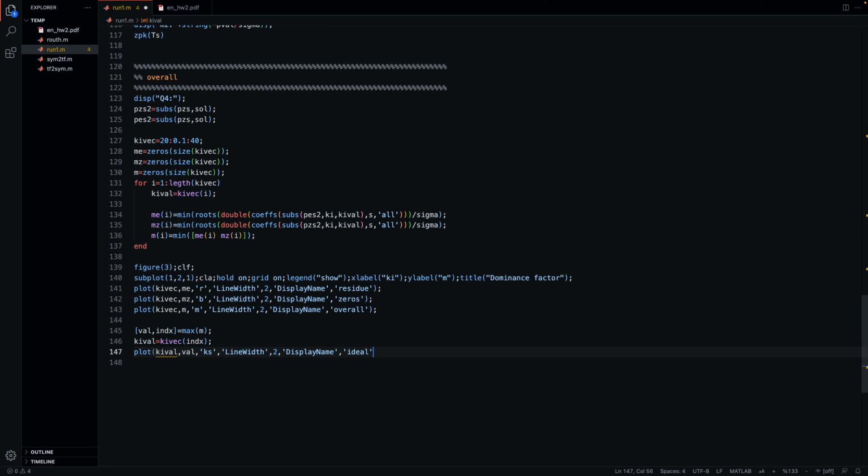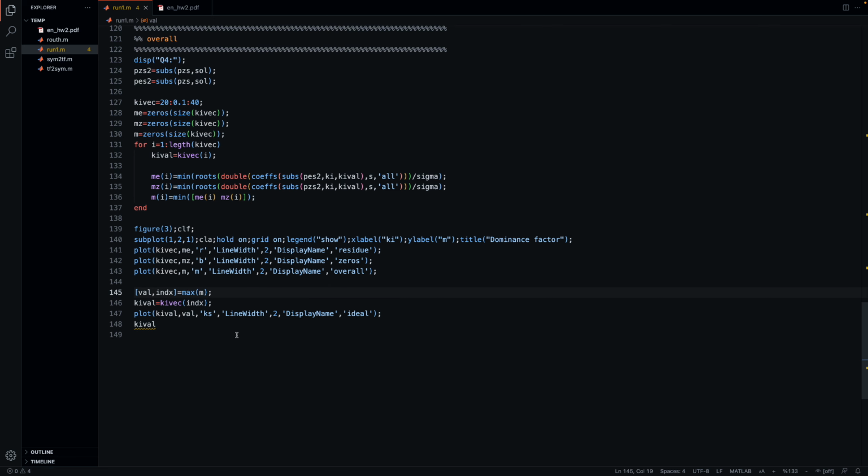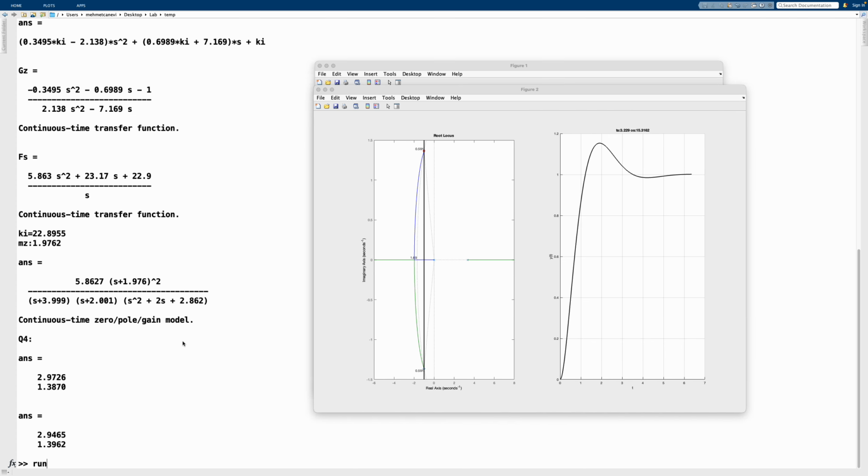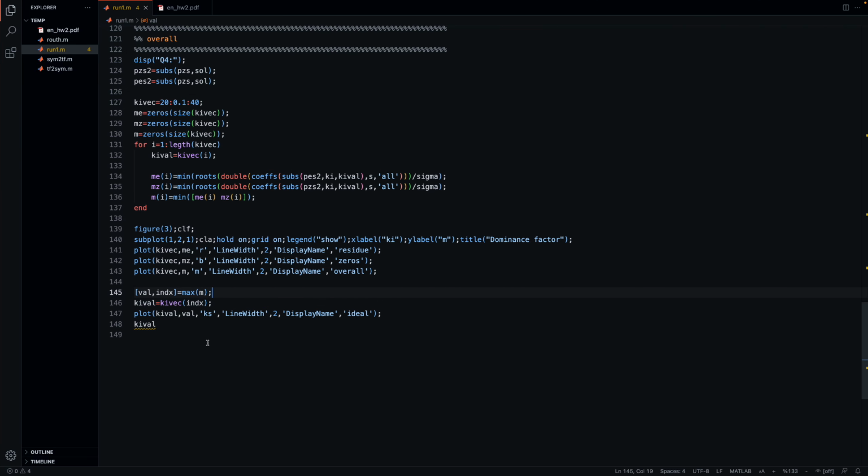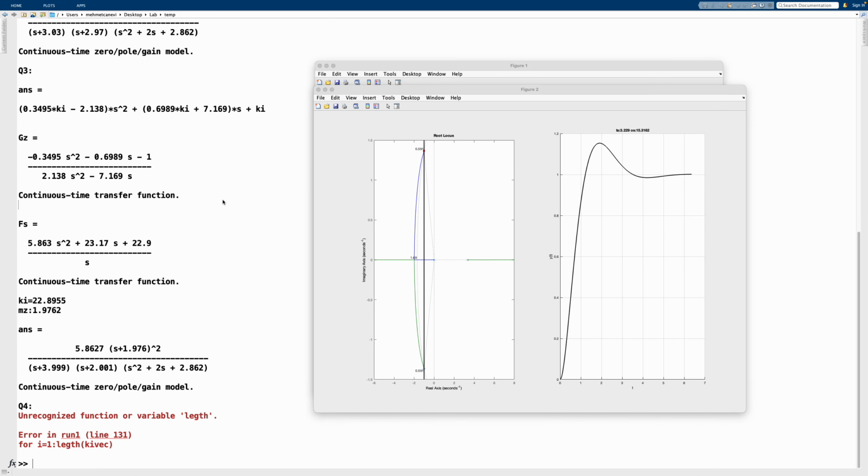Let's call it ideal. And that should be it. Of course, we have a typo. If we fix that,